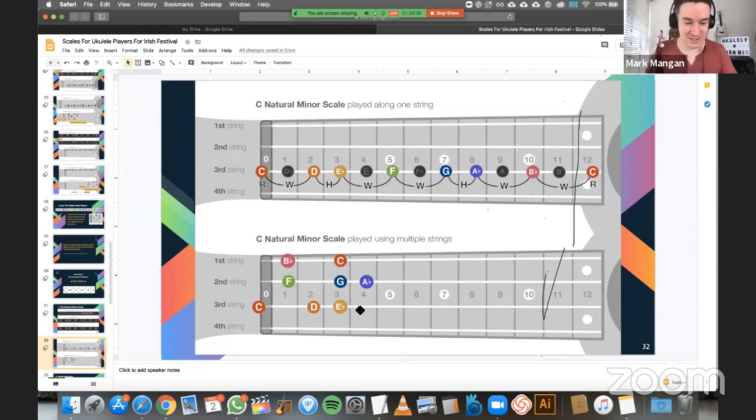And I would suggest just taking your time to go through it, rather than rushing through like I'm doing now, where we are covering an incredible amount of ground. But if you can make sense of this slide, it's the minor formula, or the natural minor formula, and when you play it as a scale shape, you will get something like